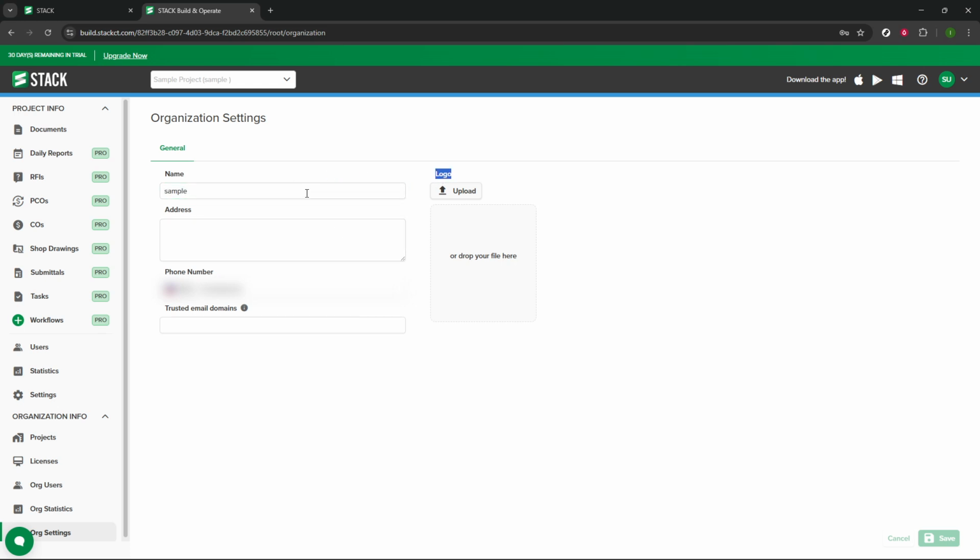Next, there's a feature to upload a logo. Having your organization's logo displayed not only helps with company branding, but also adds a more professional appearance to your interface. Make sure to have your logo file ready and click on the upload option to add it to your